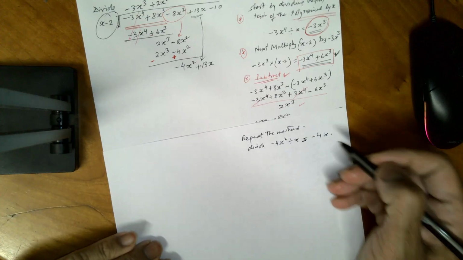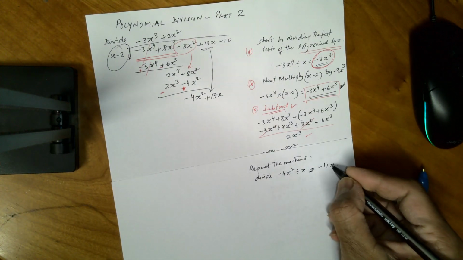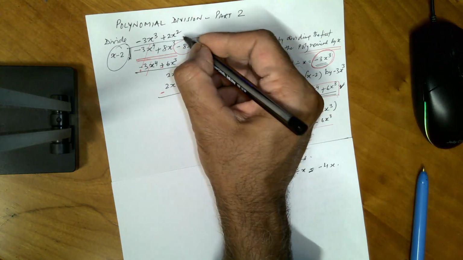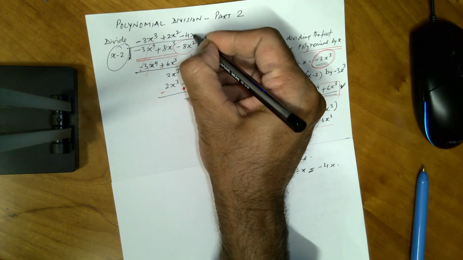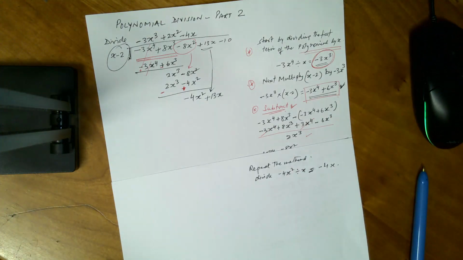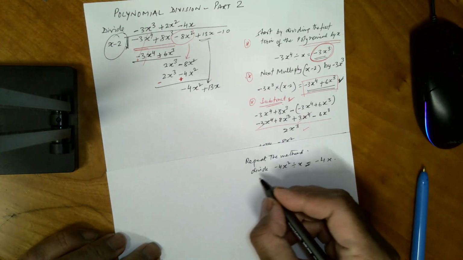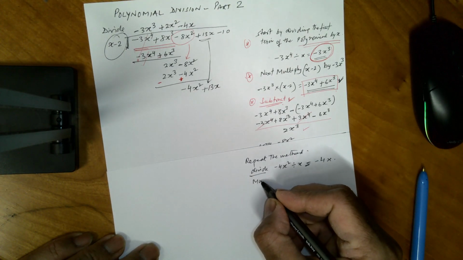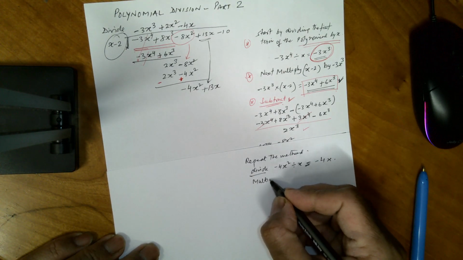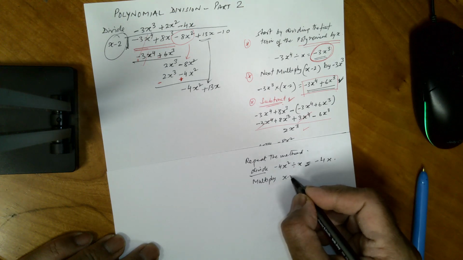So as I said to you, before you forget, minus 4x will go here. You've done your divide bit. What is next? You multiply. Multiply what? x minus 2